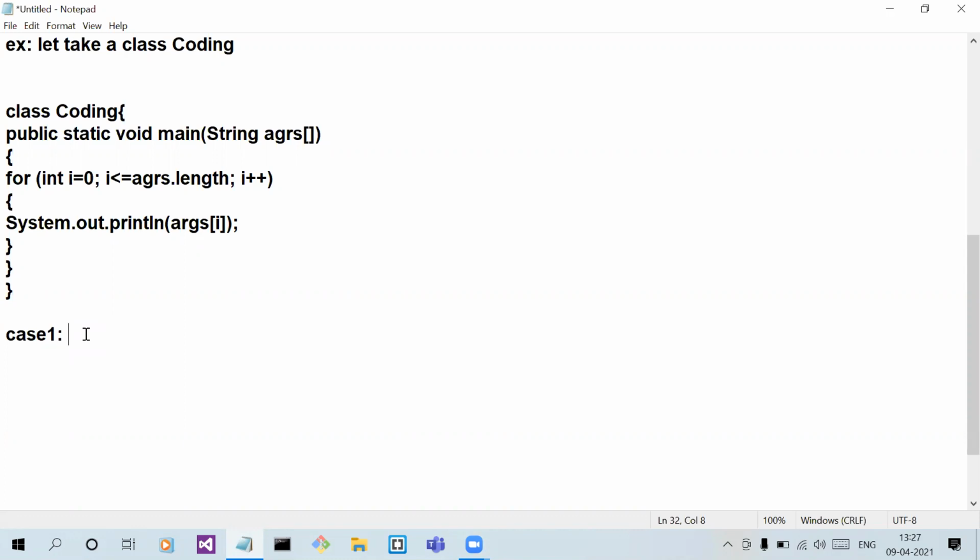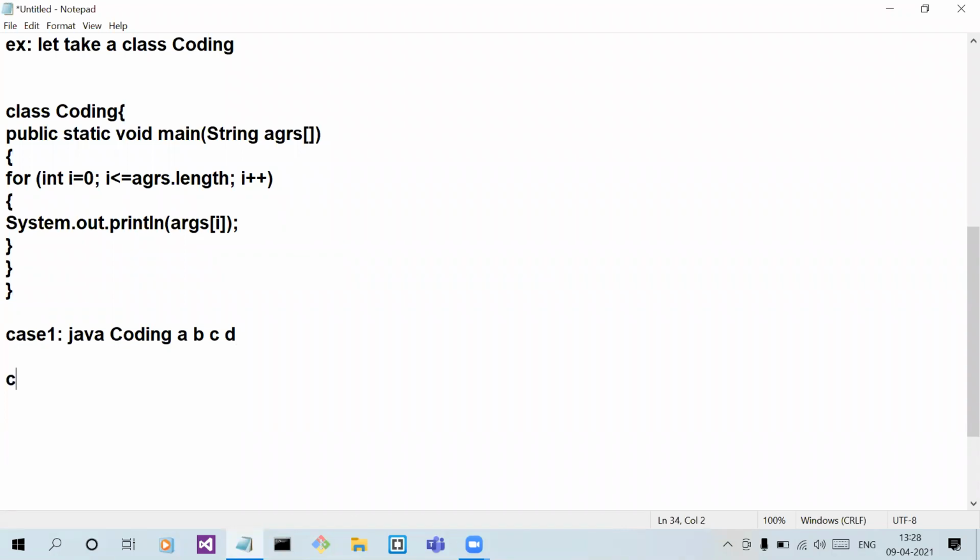You can invoke like this: write java, then the class name Coding, and pass four values A, B, C, D, and then press enter. This is the first case.